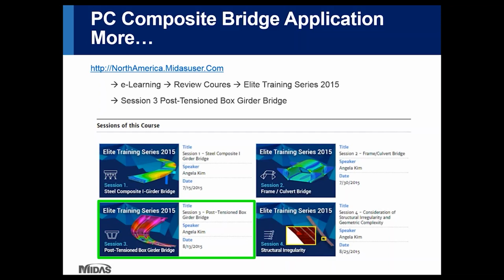My purpose today is to show what the changes are now in Midas and how we can address some of the design and construction concerns more easily with the new tools that we have in 2016. So if you didn't get full answers in terms of reviewing the stress details or something more specific and micro, you can refer to our trainings in the past.